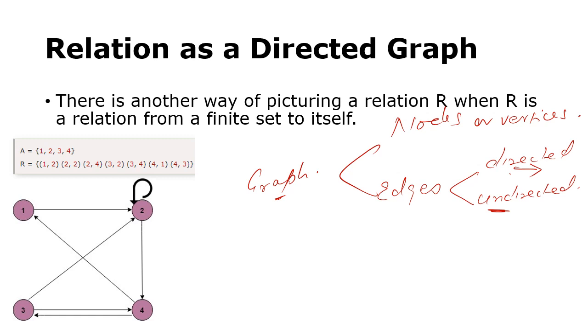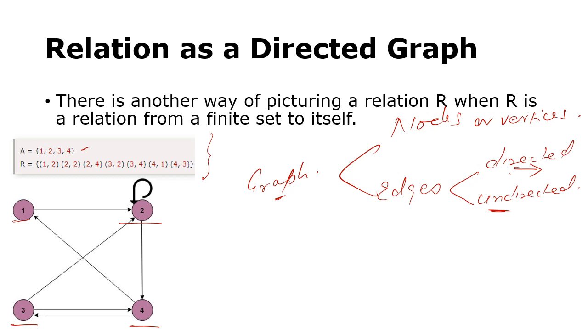It's pretty simple. Say for example, this is the set and the relation. One important thing: for representing the relation as a graph, the relation must be defined on a single set. Relations defined on multiple sets cannot be represented with the help of a digraph. Now this is the set 1 2 3 4, so I'll use the elements of the set to make the 4 nodes. This 1 2 3 and 4 are the nodes. Please understand, the positioning of the nodes does not matter.